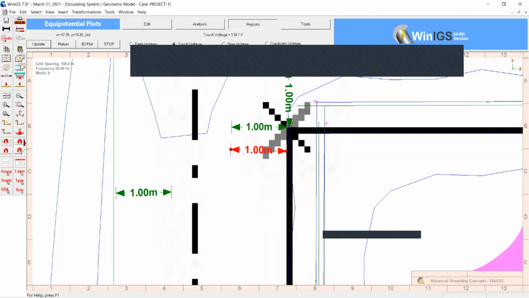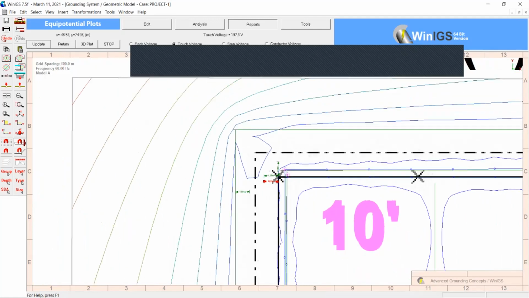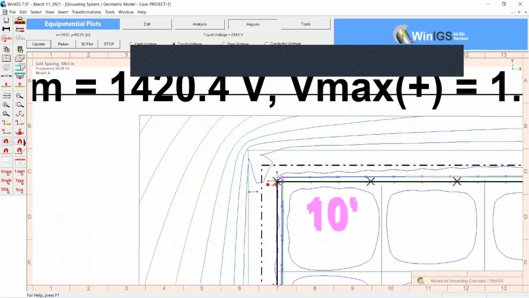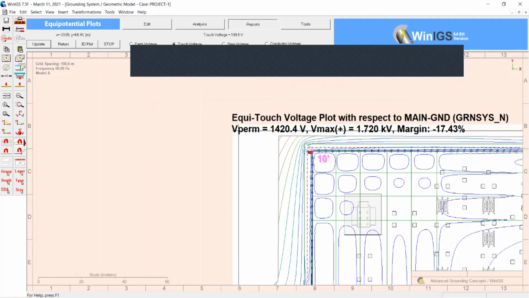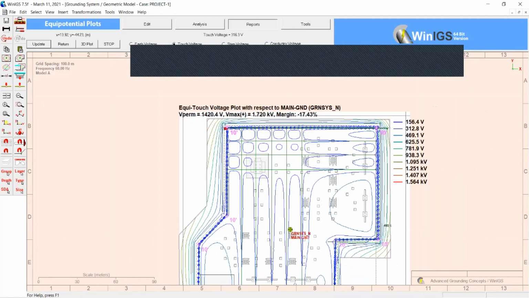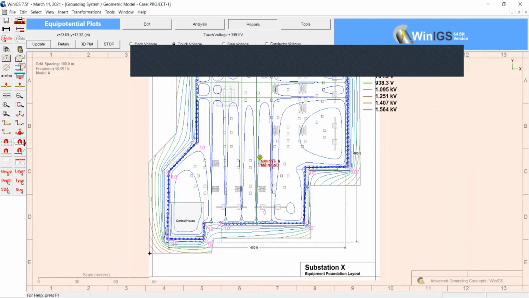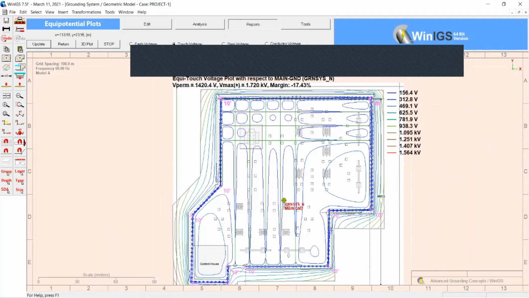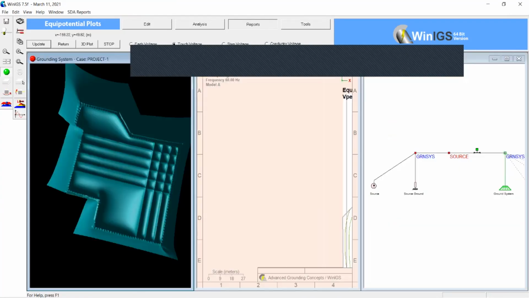Okay, so outside of the fence and inside of the fence, you have to do that, and be very, very precise. So don't make the distance more than 1 meter. Okay, so in each case you will show